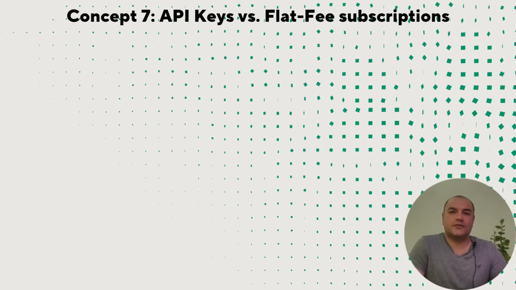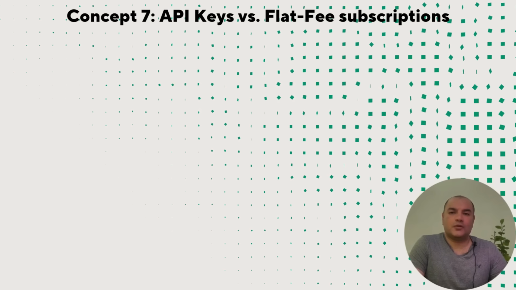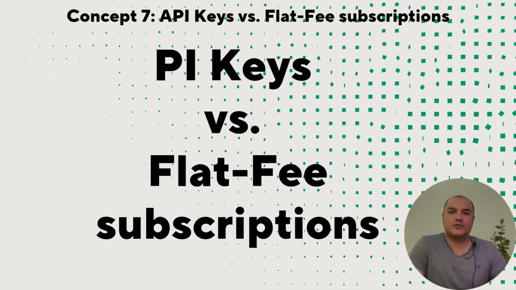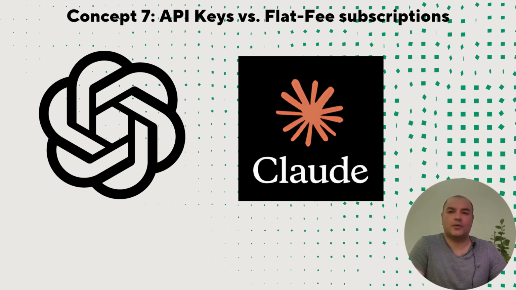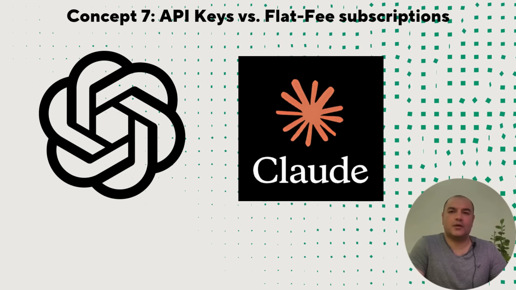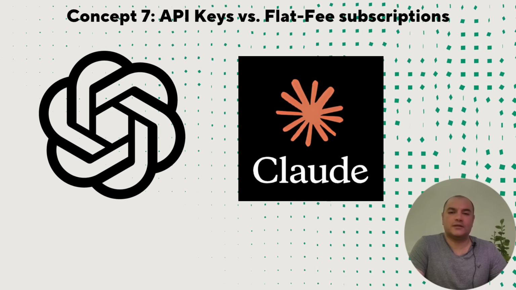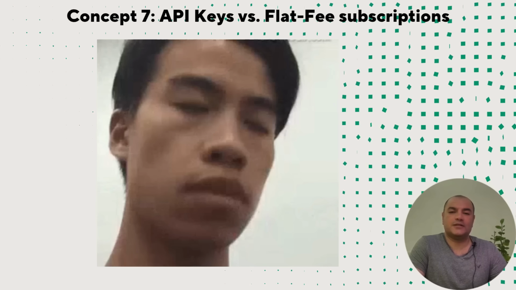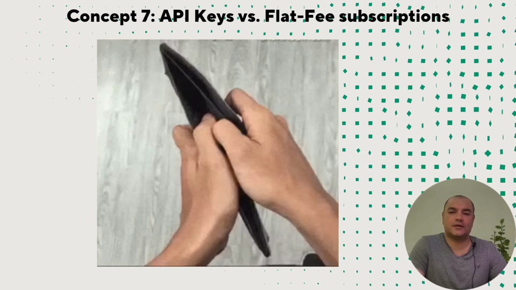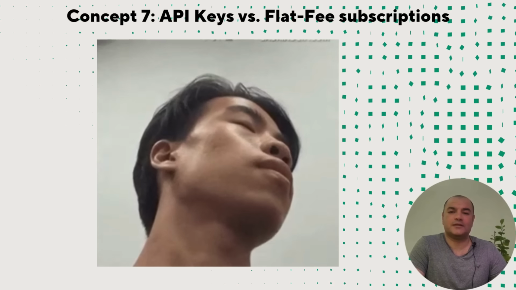Concept 7 is the financial edge case nobody warns you about. API keys versus flat fee subscriptions. If you plug a raw Anthropic or OpenAI API key directly into OpenClaw, you pay per token. That is an uncapped, unlimited billing risk. If your bot gets stuck in an infinite loop while you are sleeping, you will wake up to a massive,